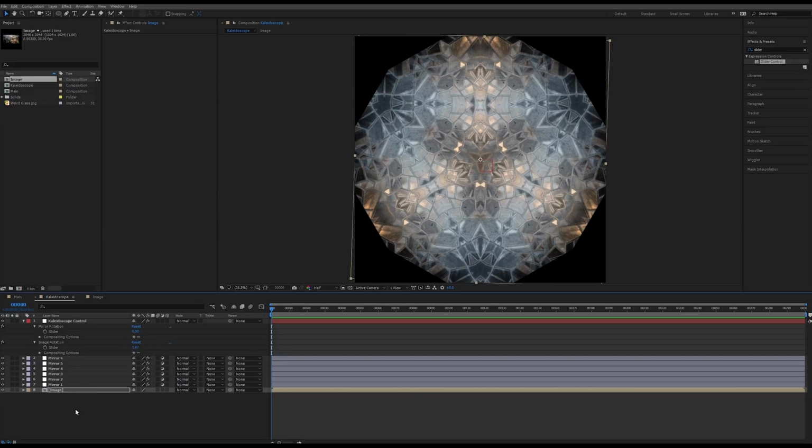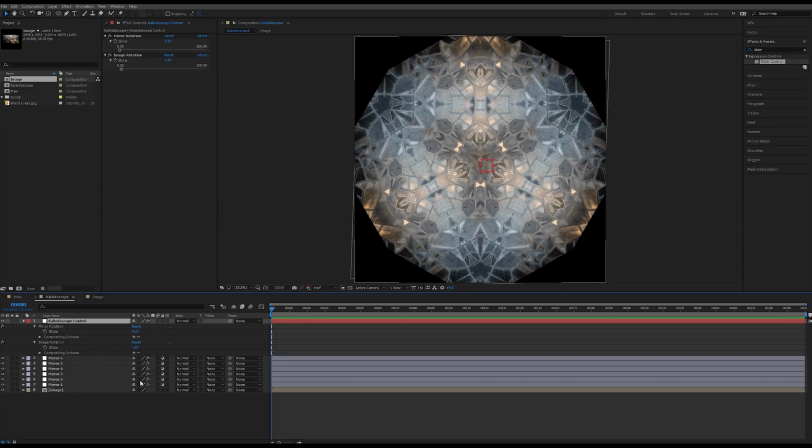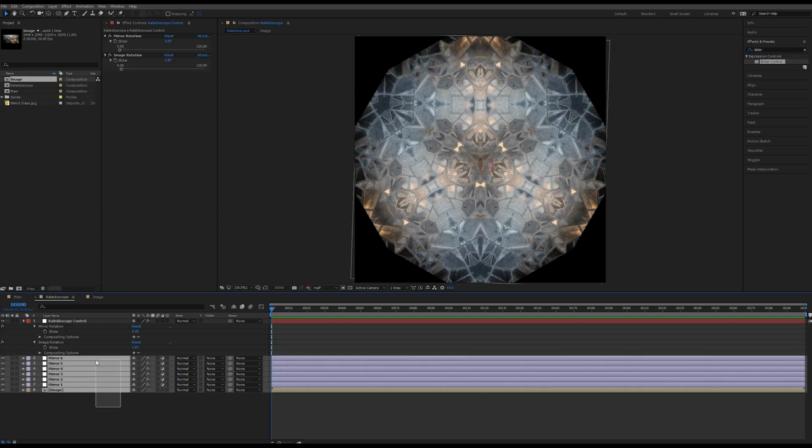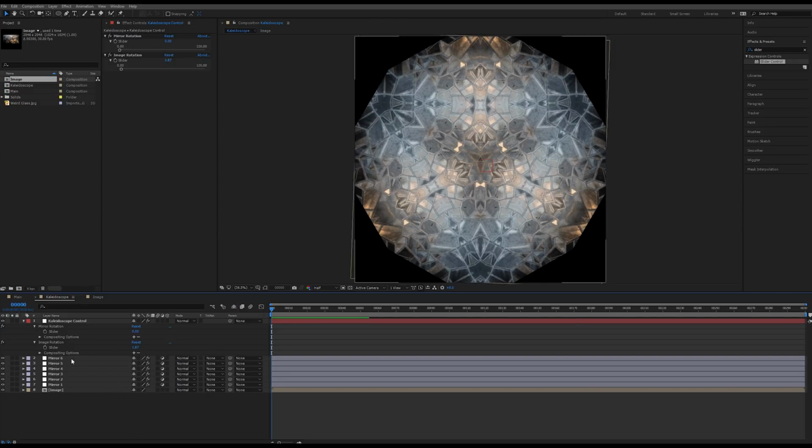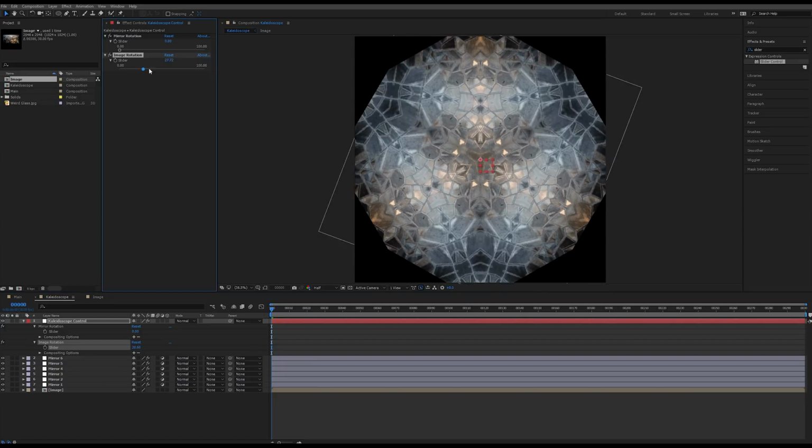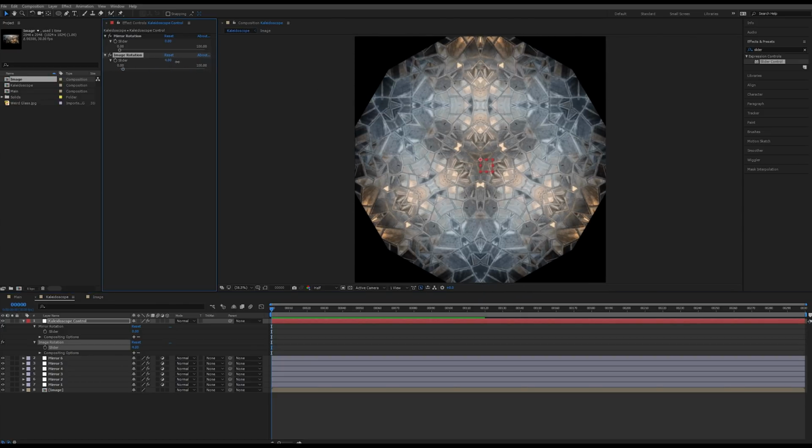And what this allows us to do is then just have this kaleidoscope open. We could lock all these layers, it doesn't matter, or we could just shy them if you wanted to click the little shy button, just hide them away. It doesn't really matter, just to organize your scene a little bit better. But now we only need this controller, and then we can add our image rotation here on these.